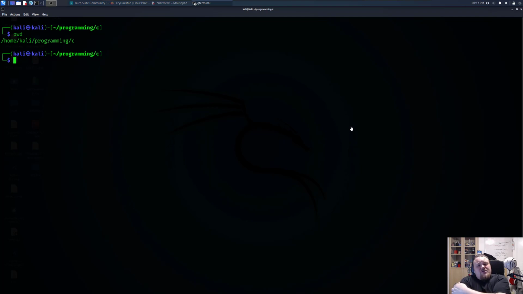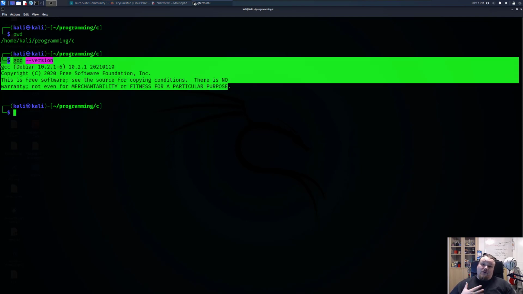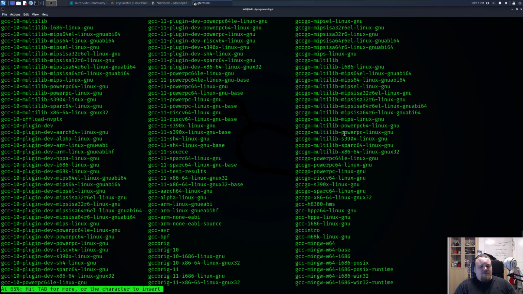So let's first of all talk about which kind of program I'm gonna use to compile our C code with. I'm gonna use the one called GCC, which is a program, and we can verify its version by typing gcc --version. If there is an output, we have it installed, so that's really good. If you don't have it installed already, I suggest you do something like sudo apt-get install, maybe gcc, let's see,